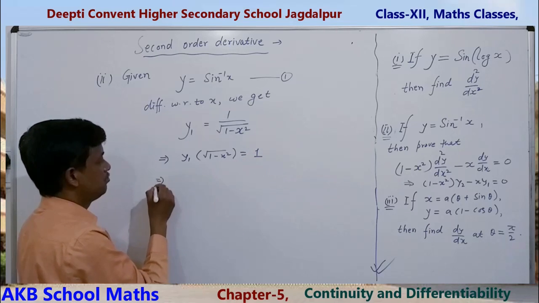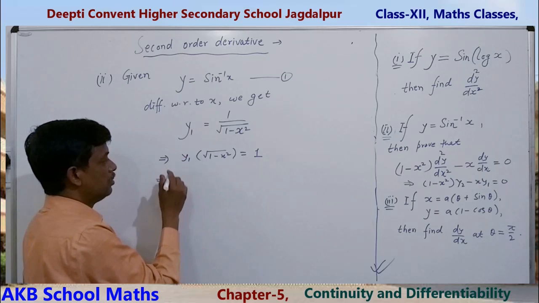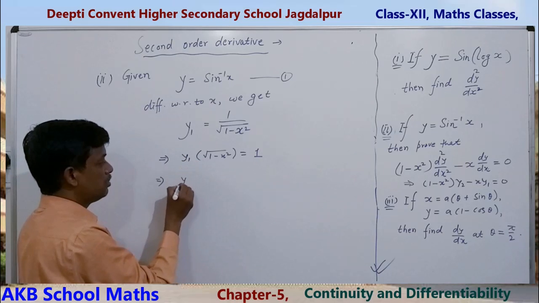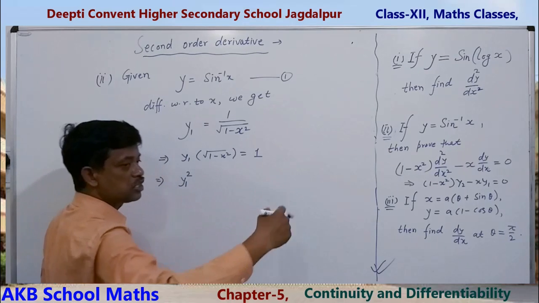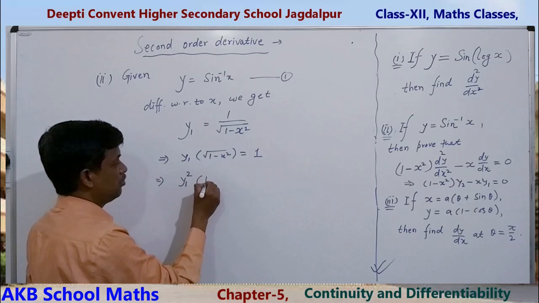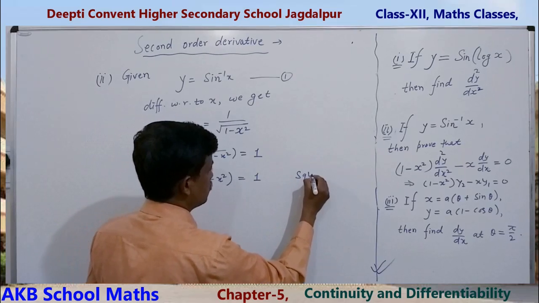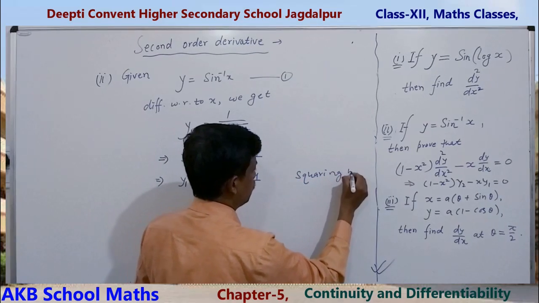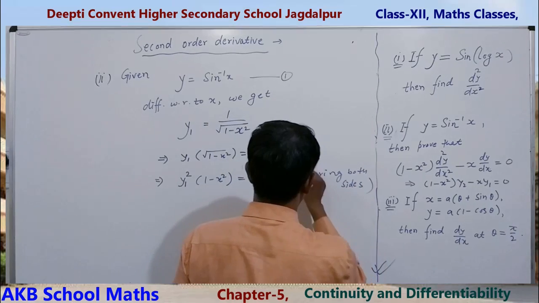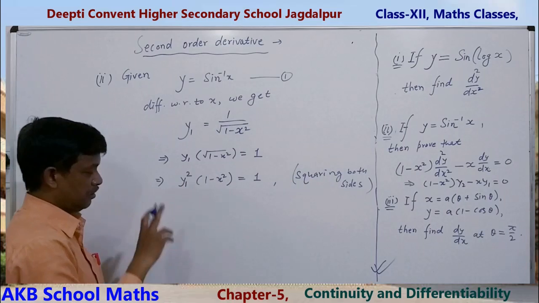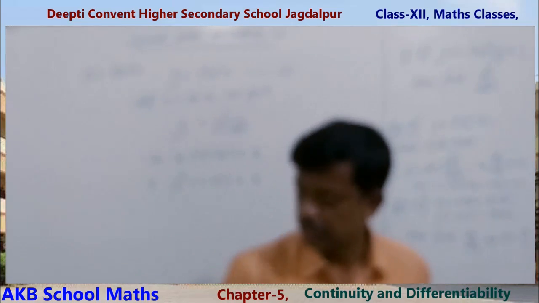Squaring both sides, y1 square means (dy upon dx) square, and 1 minus x square equals to 1. This is first time differentiation. Okay. Now differentiate